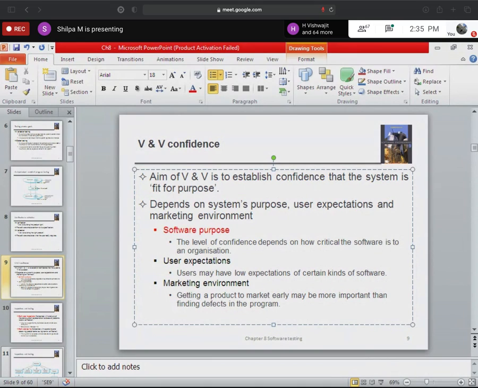So verification always depends upon three things: purpose, expectation, and environment. How well you want to verify or validate a system will depend upon these three. If you are developing a web-based project, you will not test it to the core. You will know that there will be certain errors, and the customer also will expect that there will be certain errors, and you will release the product without that much